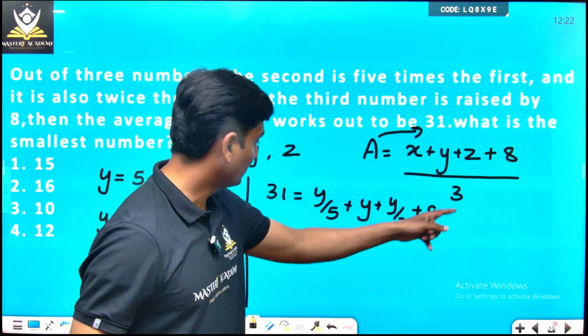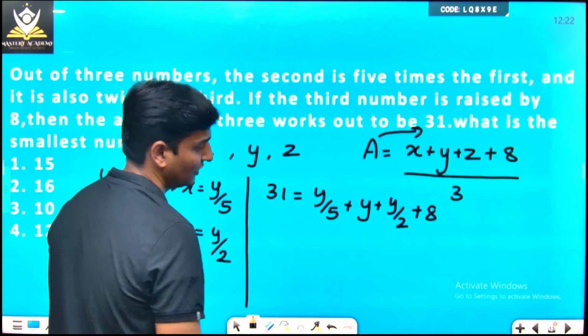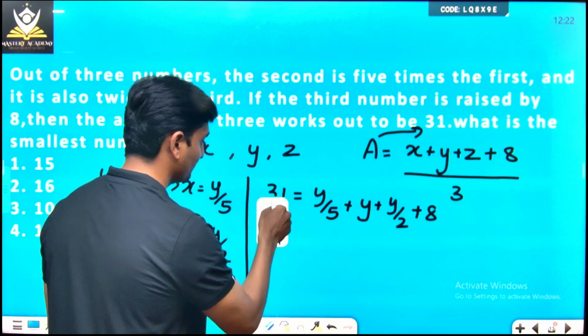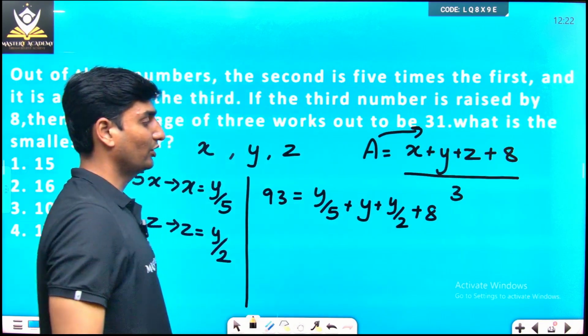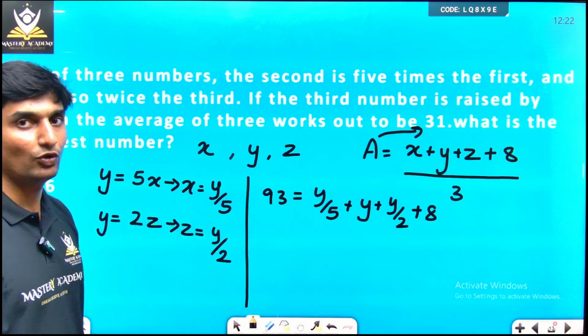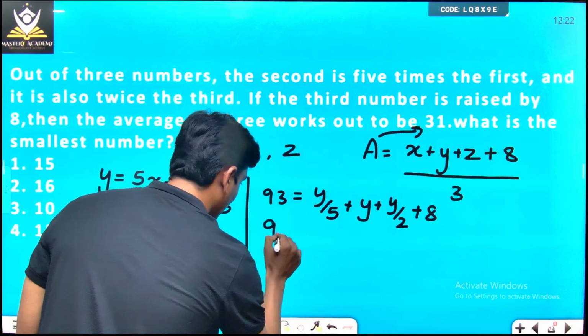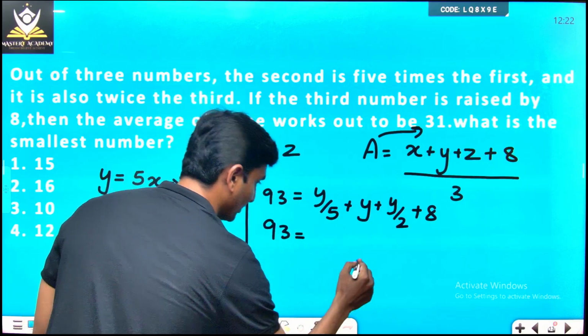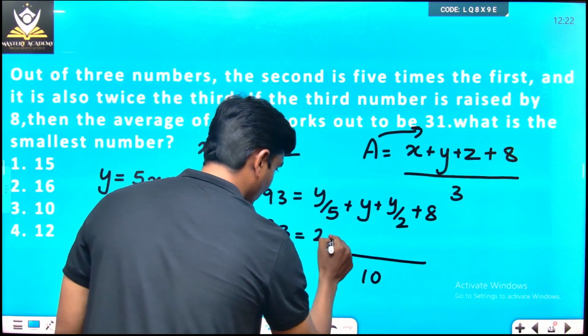So divided by 3. So 3 you can write in here. It will jump out. So 31 into 3 will turn out to be 93. I'll write directly, guys, 93. So this, according to the condition, fits in. Now we will have to simplify the answer. See, here the LCM will turn out to be 10. 93 will be equal to LCM. I'll write down here 10, 5 and 2.